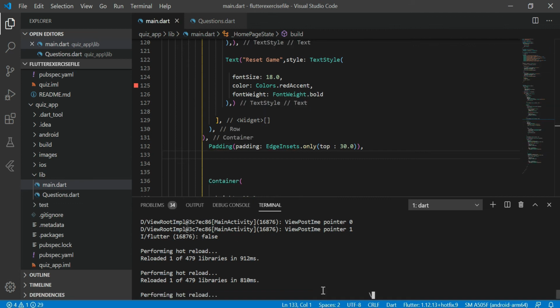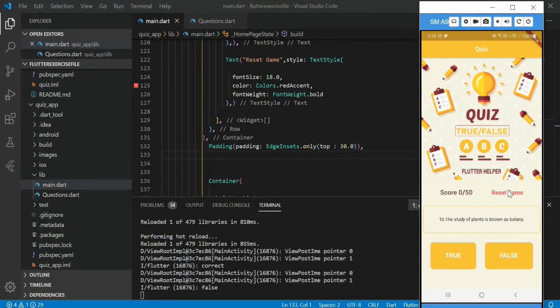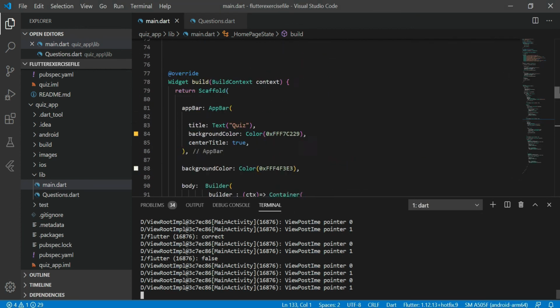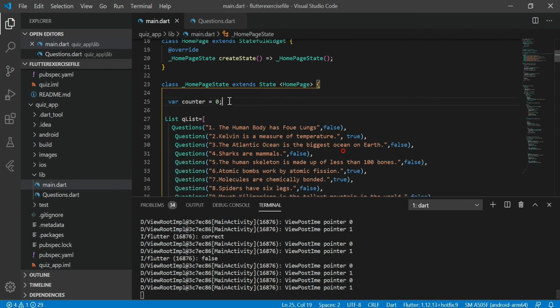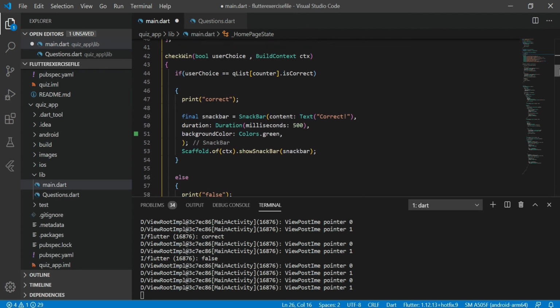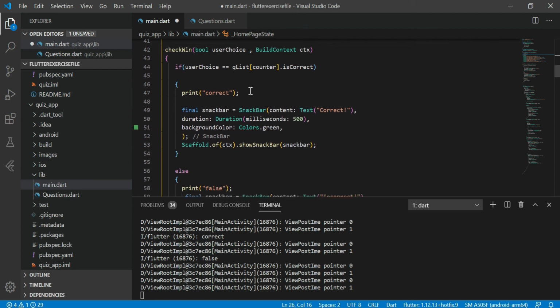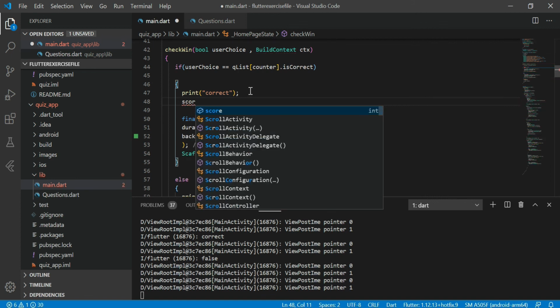Now let's provide functionality to this score. For this we are using the same approach. Just wait, I'll show you. For score, initially I want score to be equal to 0, and whenever my answer is correct, we need to increment it by 5. So if my answer is correct, then score is equal to score plus 5.